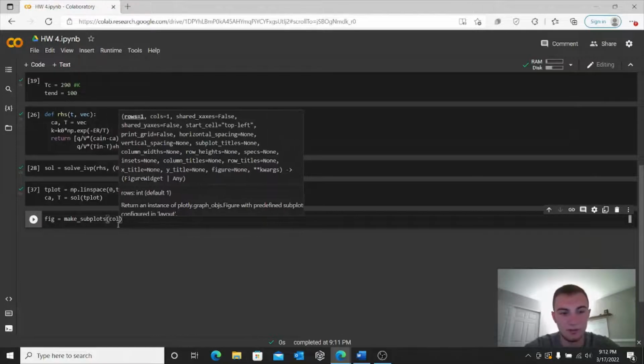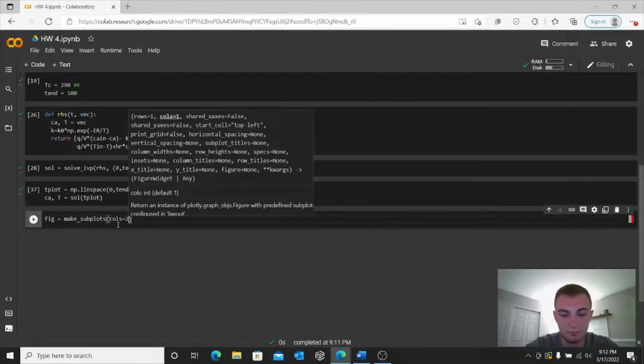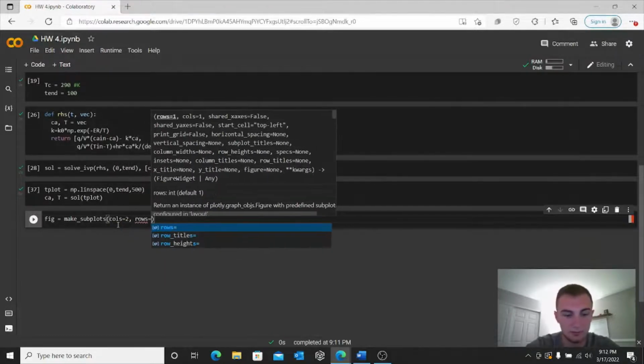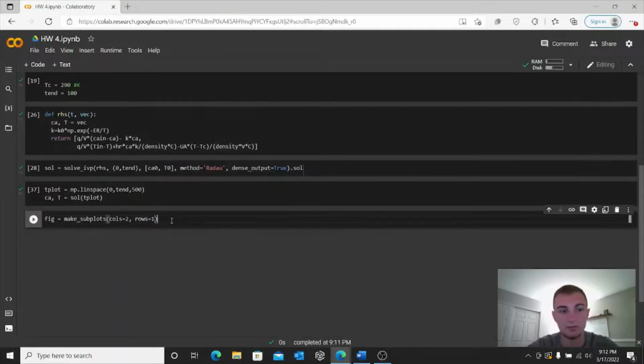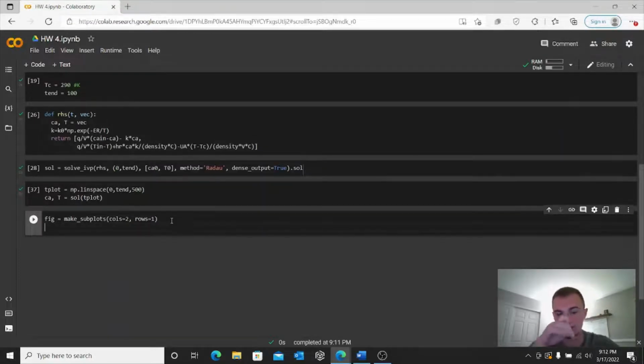So if we set the columns equal to 2 here and the rows equal to 1, that will allow us to do that. After this, we will need to add two scatter plots, one to look at the concentration of A and see how it changes, and one to look at the temperature of our contents and see how it changes. So if we do fig.add